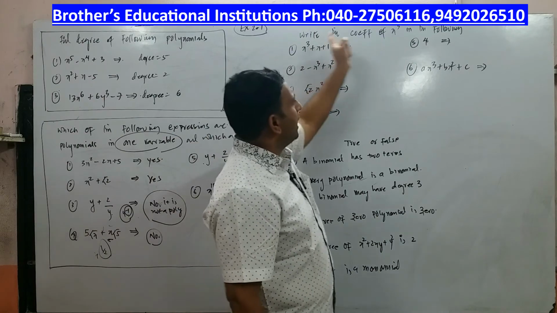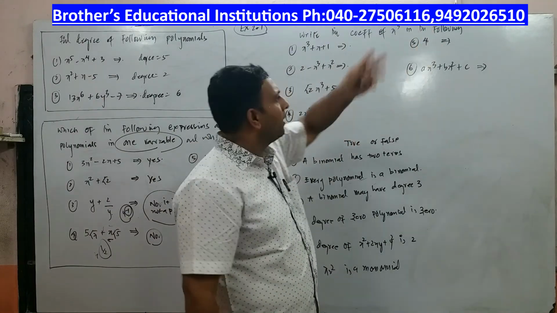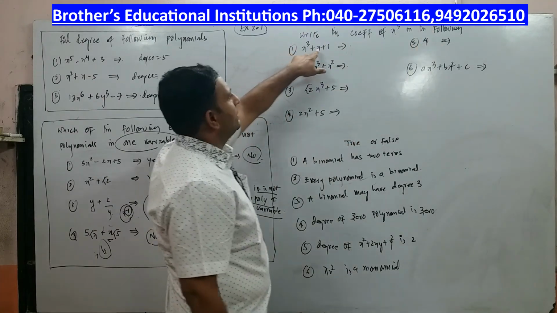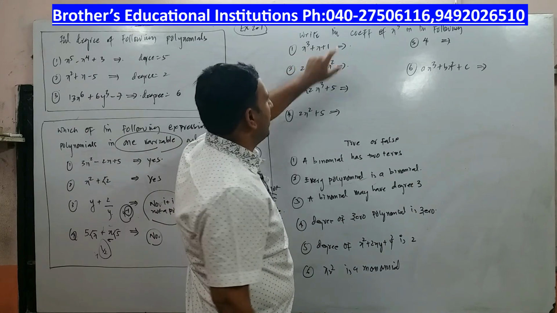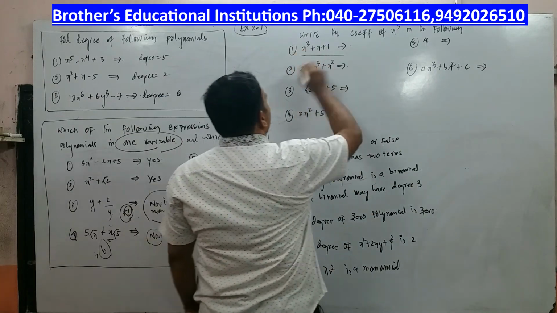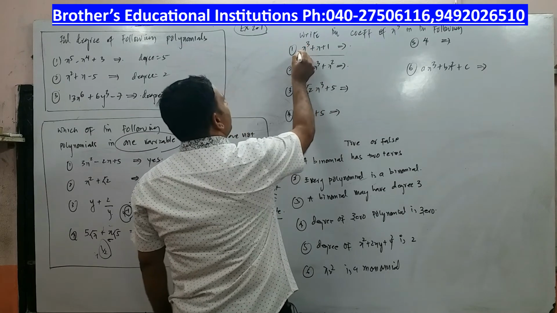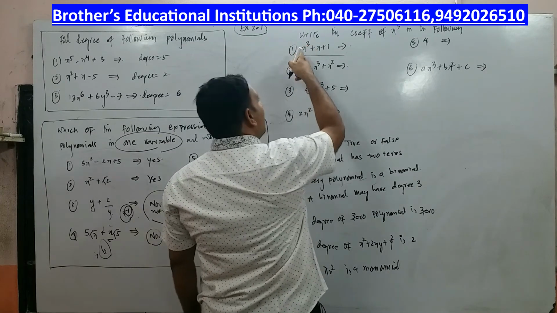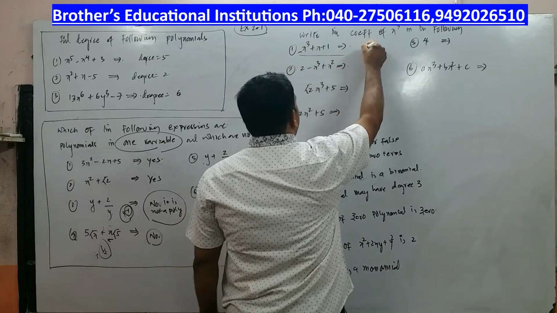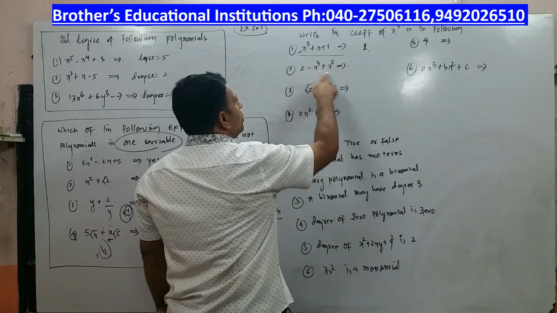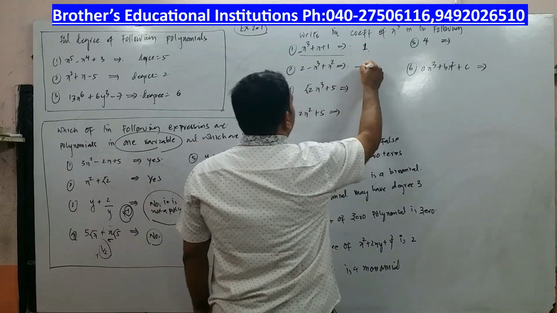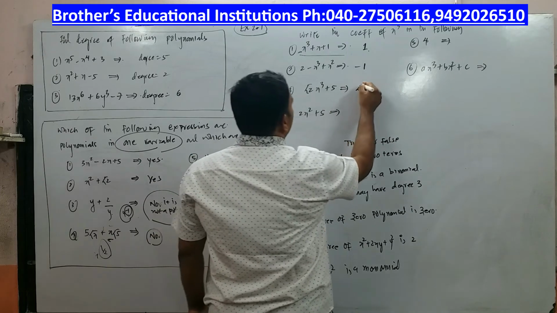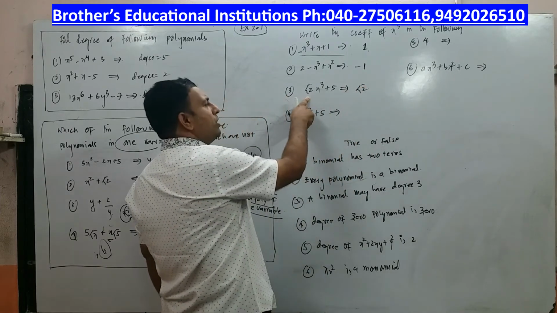Now the next question is, write the coefficient of x cube in the following given data. x cube plus x square, x cube plus x plus 1 is a polynomial given to you, and we have to write the coefficient of x cube. What is the coefficient of x cube? Nothing is there. No, 1 is there. So the coefficient of x cube is 1. Now, what is the coefficient of x cube here? Minus 1. What is the coefficient of x cube here? Root 2. You have to take the one which is adjacent to it on the left hand side.